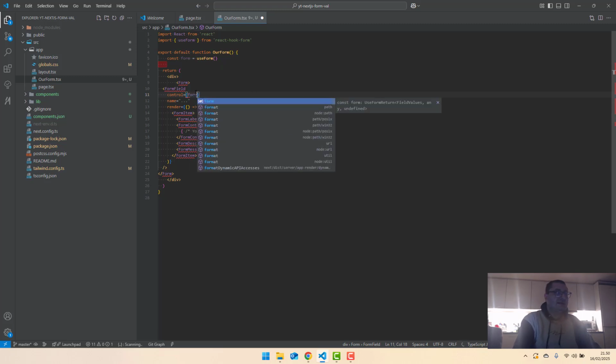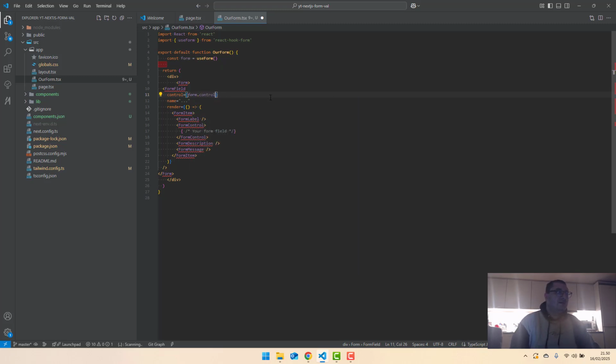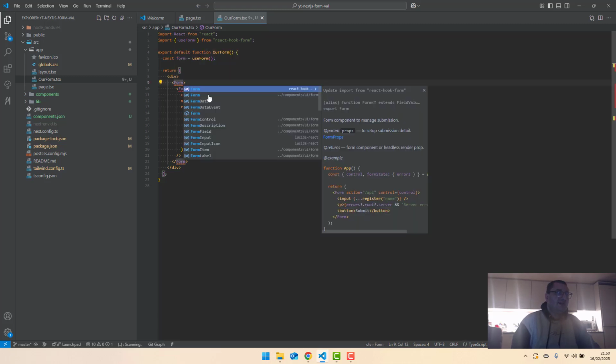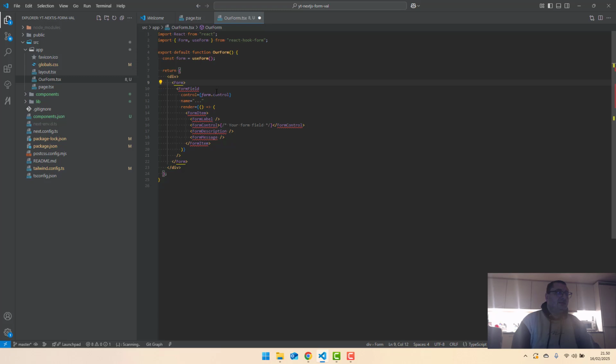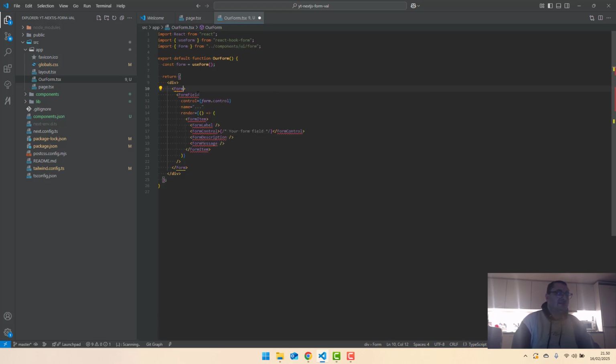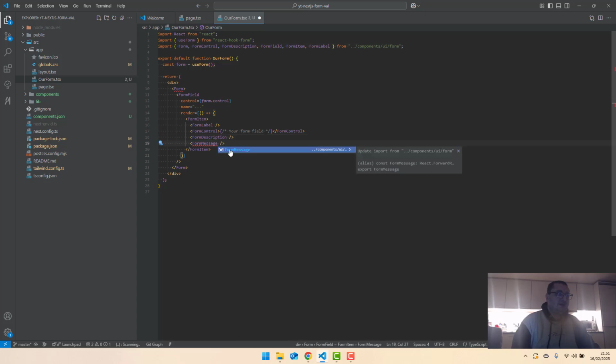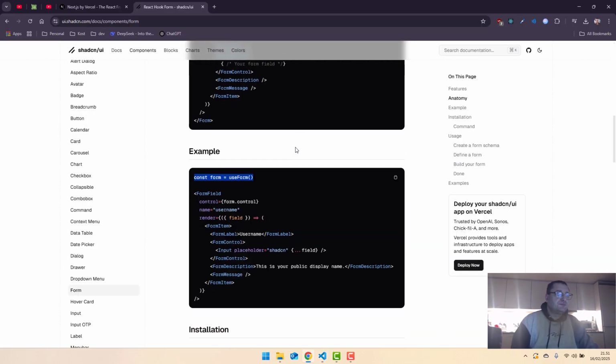If we import it, and here's the same form control, we will need to import all of this. So here, control space and import. I actually think it's from this, yeah. So import all of this. Form description, form message,